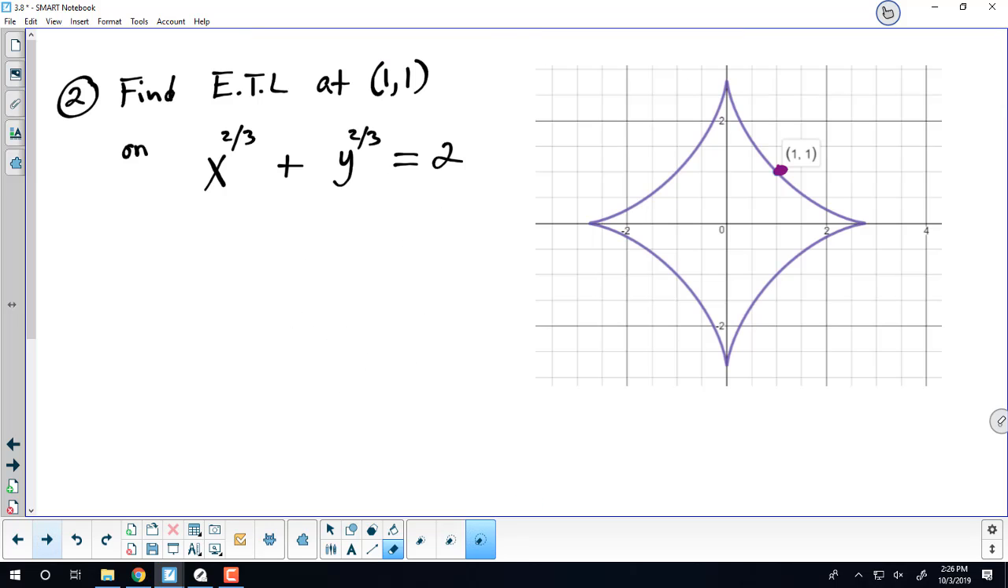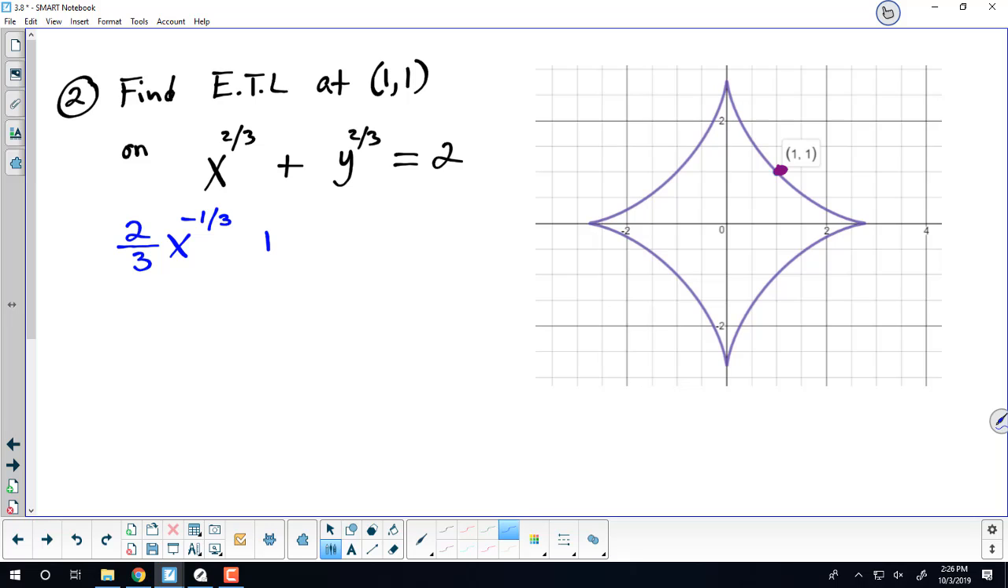Okay. So find the equation of the tangent line at (1, 1) on the following curve, given by x to the 2/3 plus y to the 2/3 equals 2. Again, we start off by taking the derivative of both sides of our equation. What's the derivative of x to the 2/3? 2/3 x raised to the power of negative 1/3. Right, so the power rule there. Remember, times the derivative of x, which is just 1,